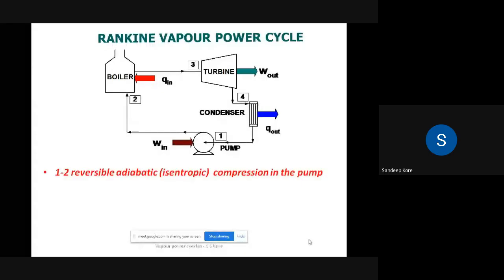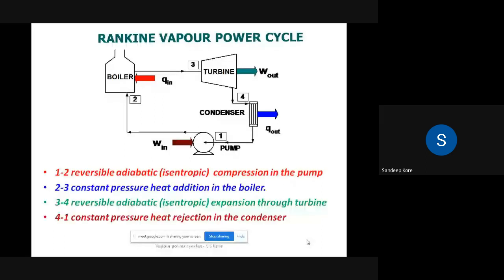Please listen carefully because in every examination, this question on vapor power cycle is there. Try to understand the thing. So I'm going to present it once again. You have to understand what components are involved and what processes are involved. So this is the vapor power cycle. First, we should understand the different components involved, then the processes involved, and then the analysis of the cycle. Okay. So we'll start from the water pump.